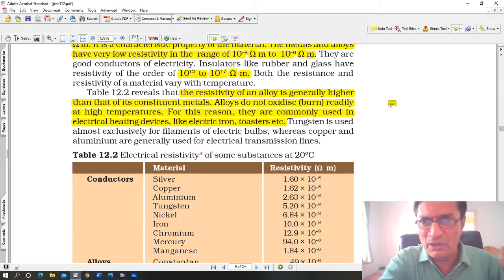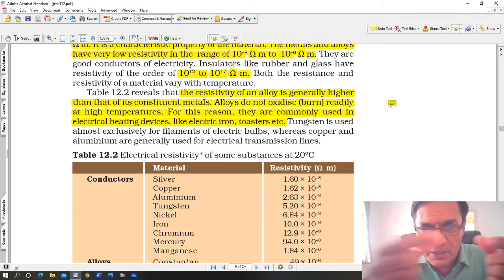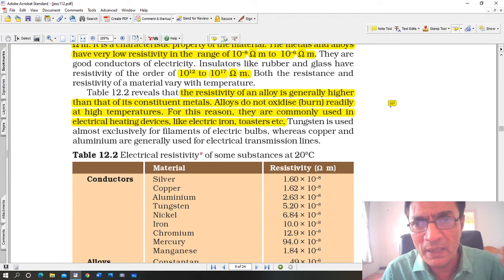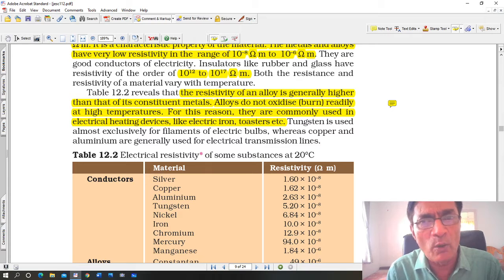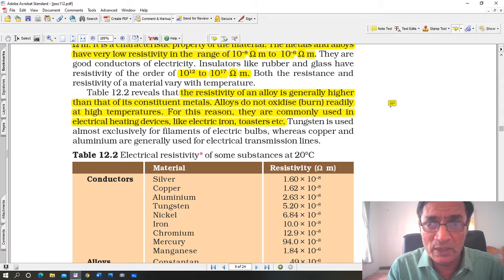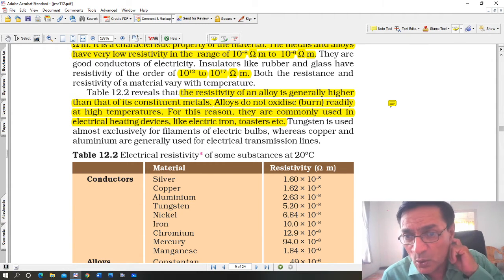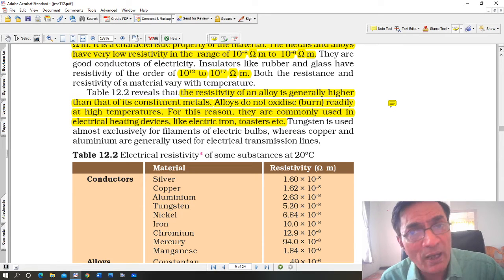An electric iron, for ironing clothes, if you open it, inside there is a plastic-like thing called mica. Some people call it mica, some call it mica. Americans call it mica, we call it mica. This thin sheet is made of an alloy. It is there on the iron plate just above, and it becomes very hot, and therefore it is useful for ironing, but it does not melt easily. So alloys do not oxidize, that is they do not burn easily at high temperatures, and that is why we can use toasters and so on.